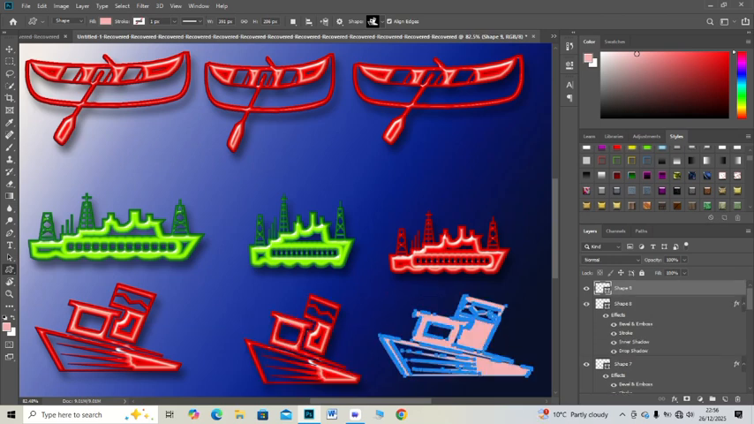After this I balance brightness so the glow doesn't overpower the shape. Finally I zoom out and polish the